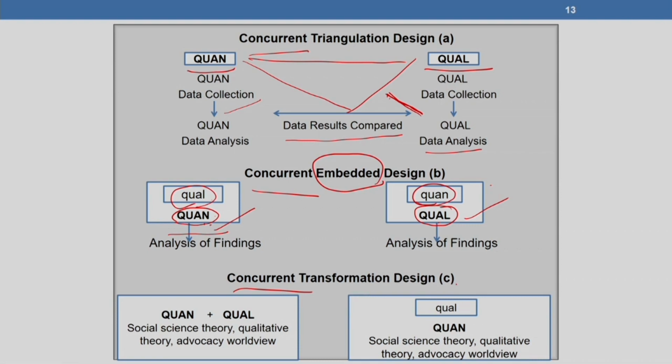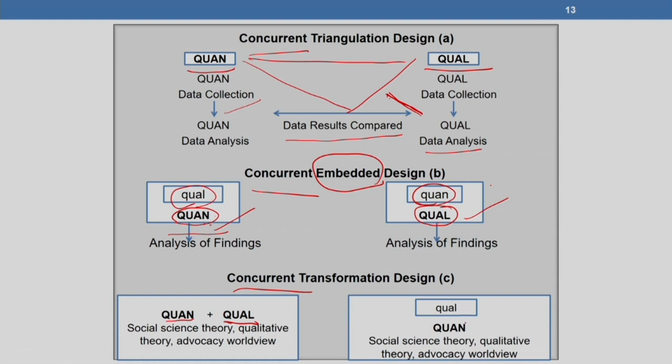A concurrent transformative design, again the philosophy is the same as that when we discussed the sequential transformative design. There is a theoretical perspective, a theoretical lens that goes on to explain and inform the design that we are taking up. And here you see there is a capitalized quan and qual, quan plus qual, which means that the weight is equally on quantitative and qualitative, they are being carried out together,